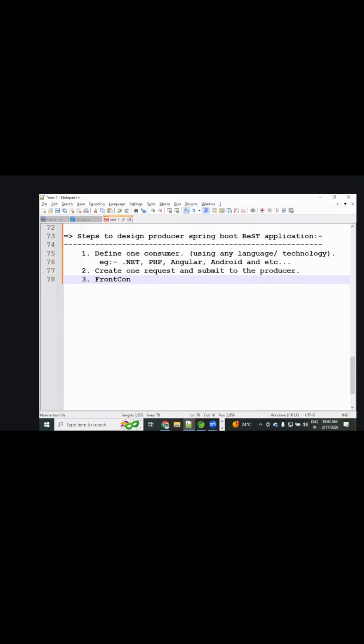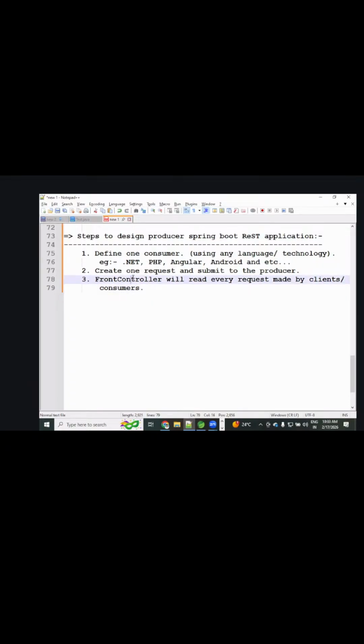It is a controller. The front controller will read every request made by clients or maybe consumers.